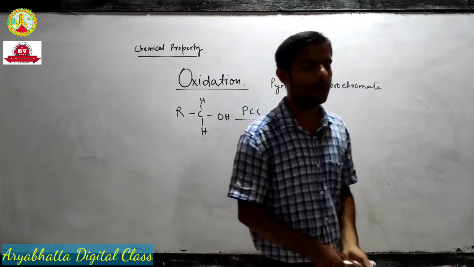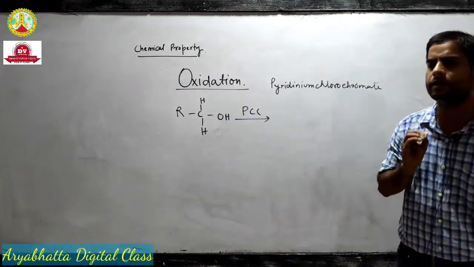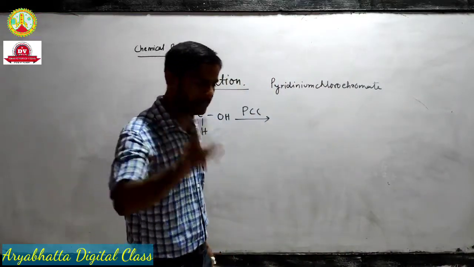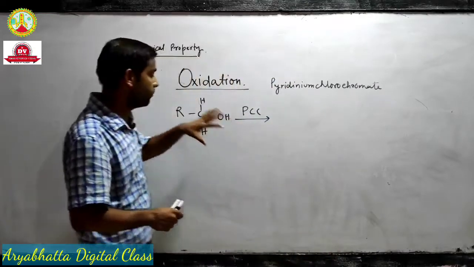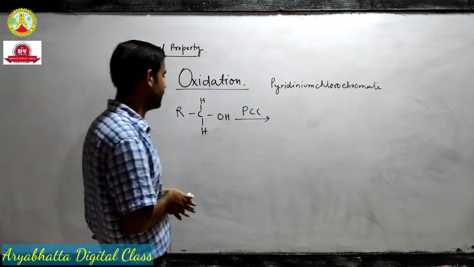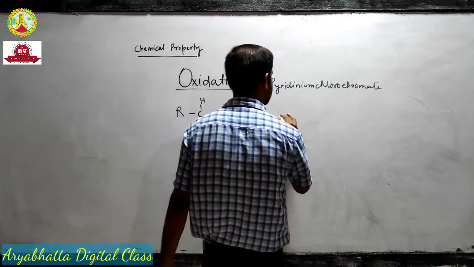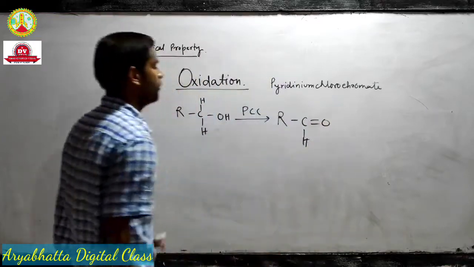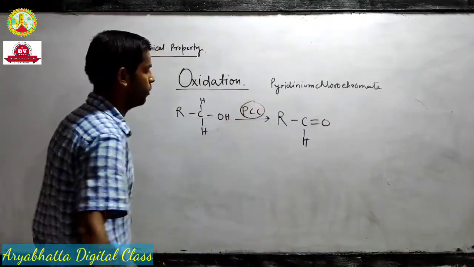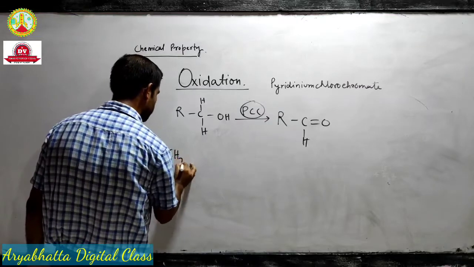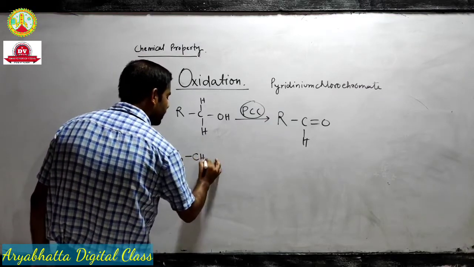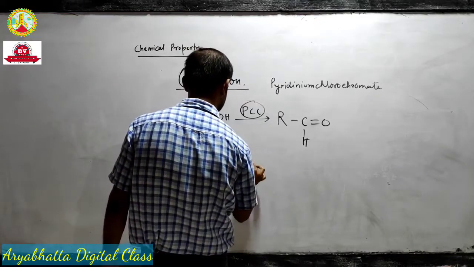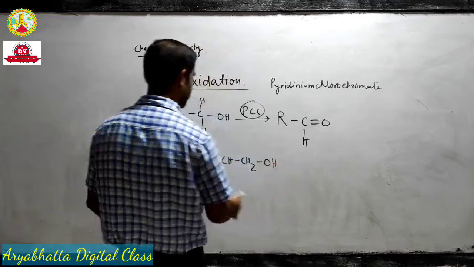When we mix those in a mixture, we get PCC, pyridinium chlorochromate. And pyridinium chlorochromate is a mild oxidizing agent, first of all, and it has a very special character, and we will see what that speciality is. Since it is a mild oxidizing agent, obviously it will convert it to aldehyde. But what is the speciality of PCC? Suppose we have a double bond in the chain. We have a double bond here.